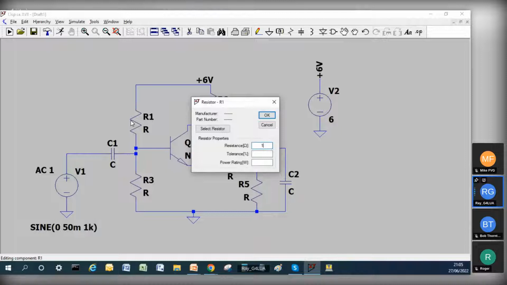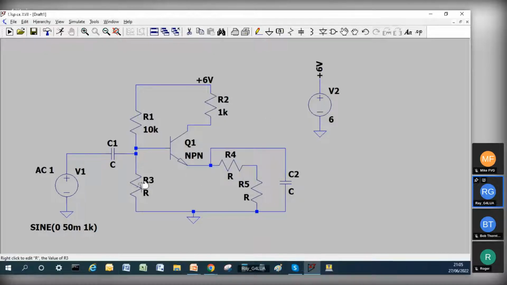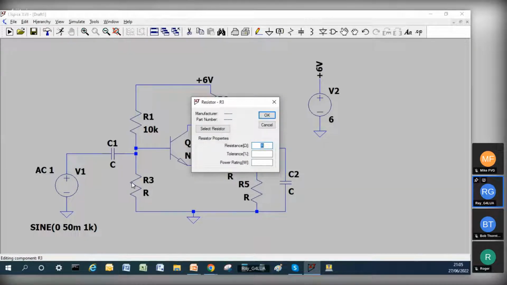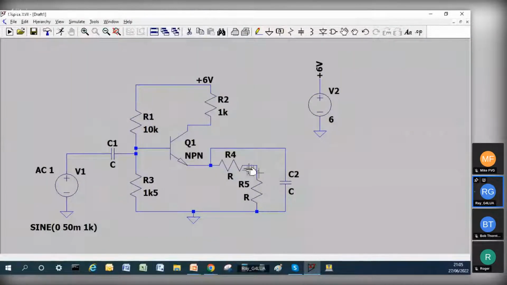I'll put 10K upper bias resistor. Let's do a 1.5K, 1K5 lower resistor, and let's make that